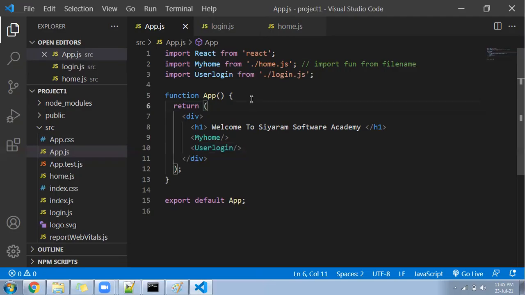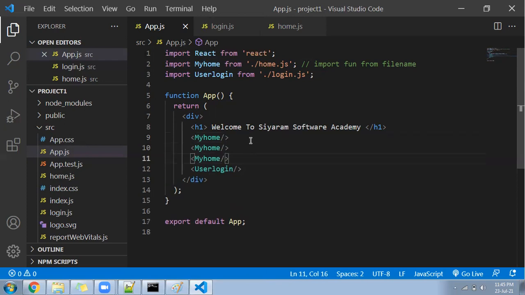Now next, if you read on the internet, people say React has component reusability. So suppose we have a component called my home. How can we reuse it? That's a big question, no? No need to worry. Just copy this my home and paste it below 3 times. One time, 2 times, and then 3 times. What will happen now? Will the my home component be called 3 times or not? Definitely it will. Just put that and I'll show you.